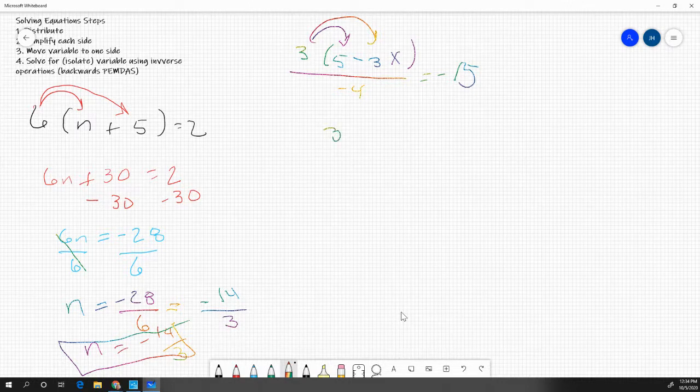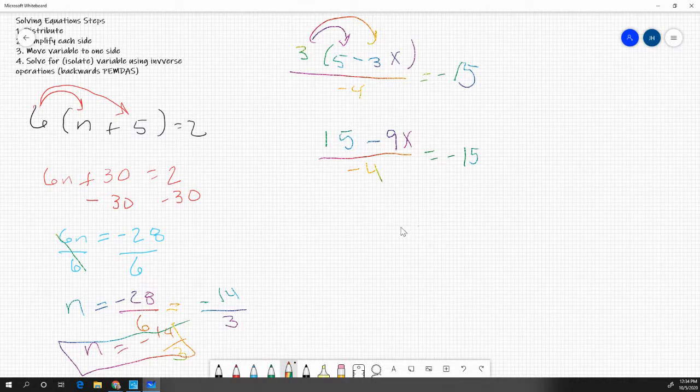3 times 5 is 15. 3 times negative 3x, well, that's negative 9x. We haven't done anything to the negative 4, so it's still divided by negative 4 equals negative